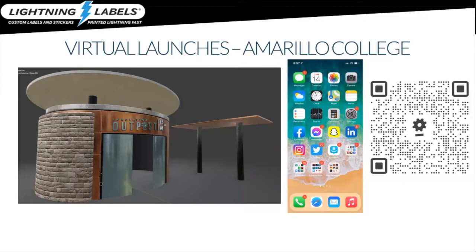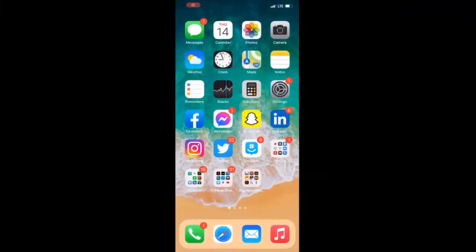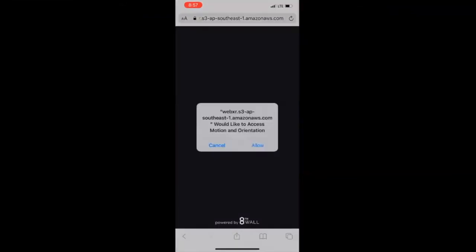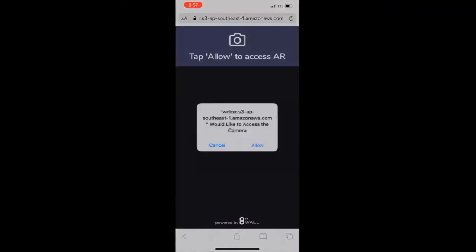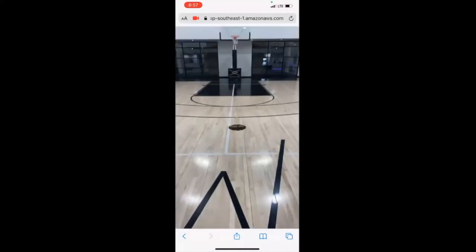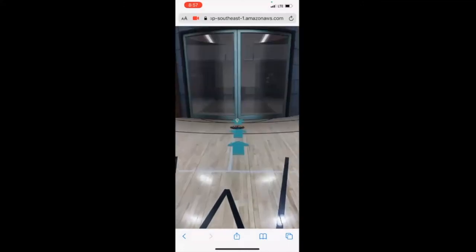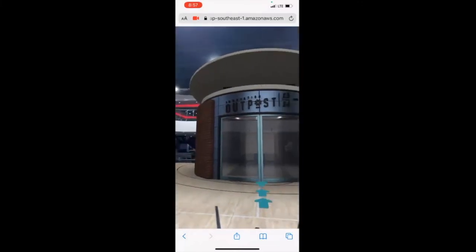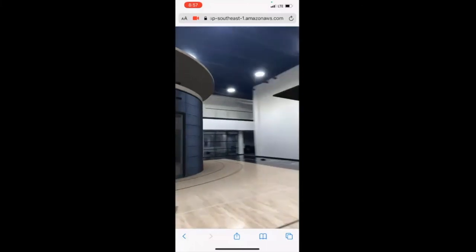Now, I'm going to show you an example. You can try this and follow along, but I'm going to show you a video and show you actually how this works. We filmed this inside a gymnasium to showcase this. But this is something that we built. Again, this does ask for permission to use your device's information. In this case, it's the motion sensors and some of the cameras that you need. But you can see this gigantic building pops up, and it actually populates in the real world.